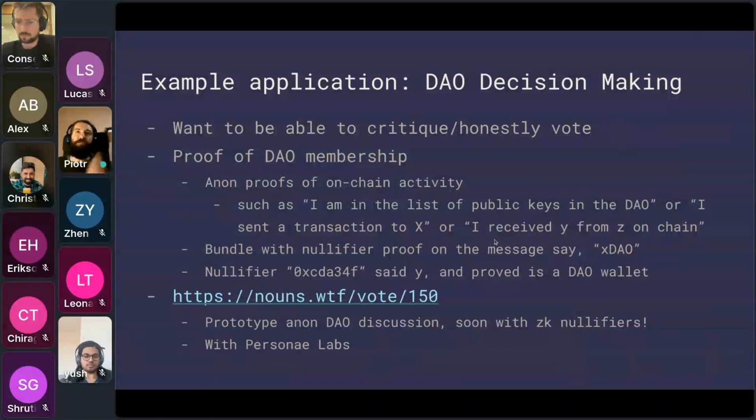And let's say I'm going to compute the proof of the statement, but then I'm also going to use our snap to create a nullifier proof with some message, right? So now with that nullifier and a proof of wallet ownership, I should be able to prove certain on-chain statements, but also take advantage of all of those interesting properties like uniqueness and so on. There's some work being done about this in Nodes now. If that sounds interesting to you, you can head over there and look into details.